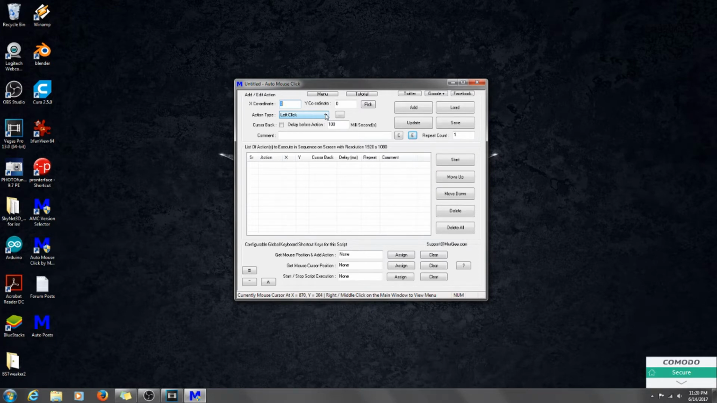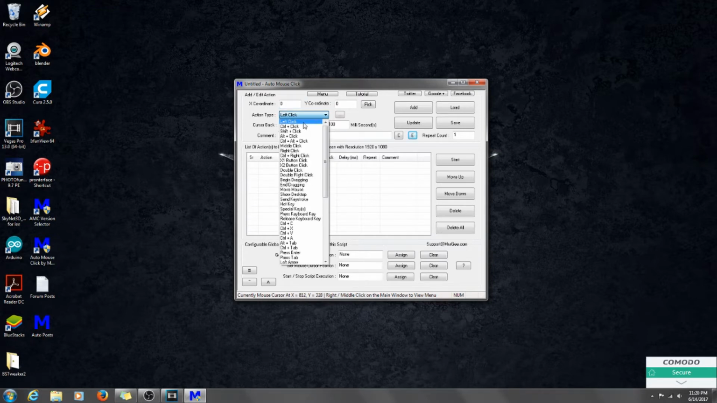So let's just get into it here. Alright, I opened up the program. You can see right here that you can set action types. That's what you're doing in here: you're setting action types, and it can be a left click, a right click, a double click, show on desktop, keyboard stroke, whatever it is that you want. There's plenty in here to look at. You just set this up for what you want,